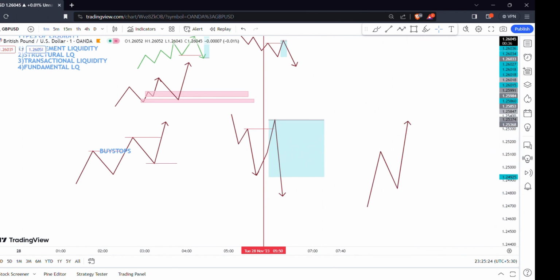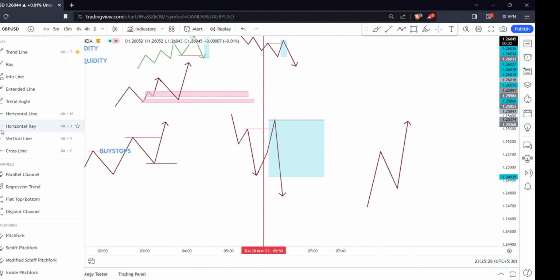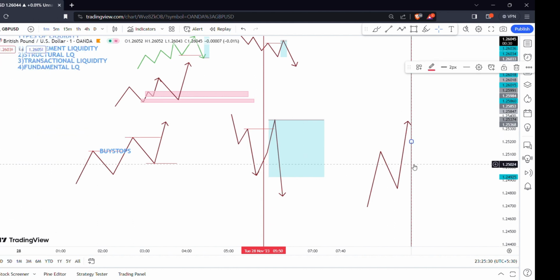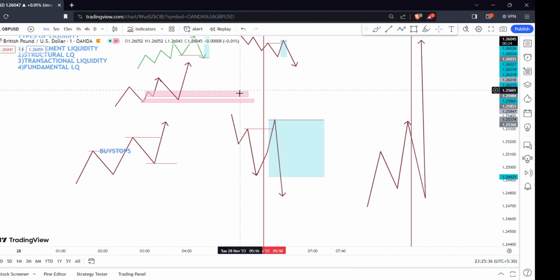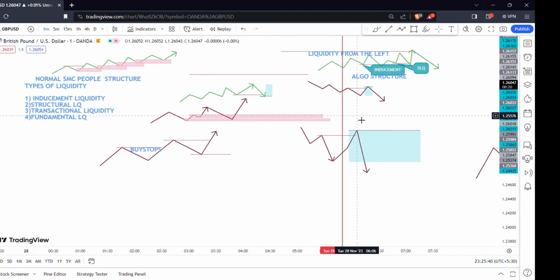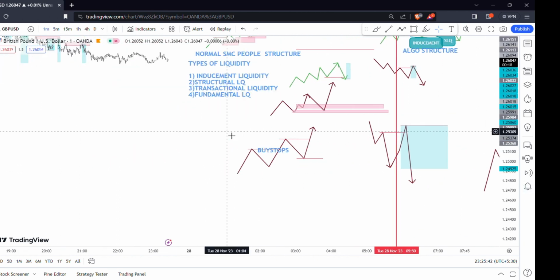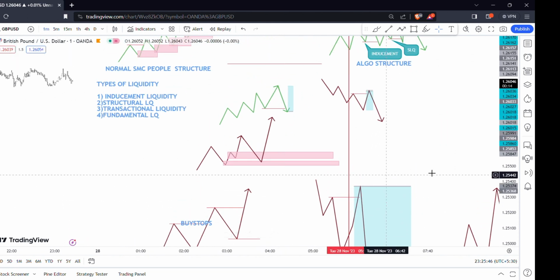Let's say here is the news, take out the liquidity, huge spike towards upwards. This is the general market schematics. These are the different types of liquidity. From the 1 minute time frame to the daily time frame and the weekly time frame, these are the same patterns that happen over and over again in the marketplace.